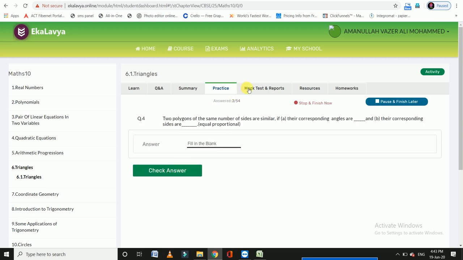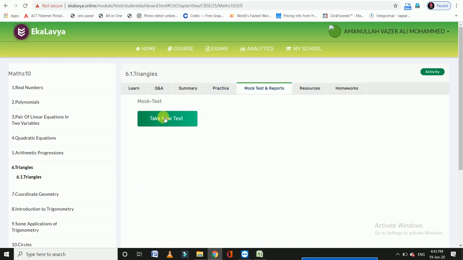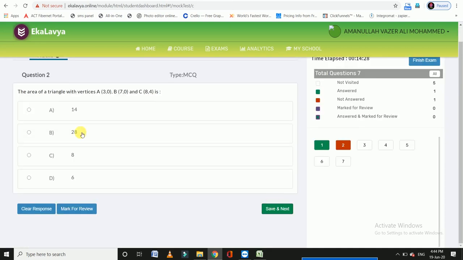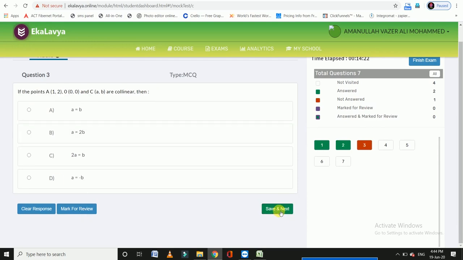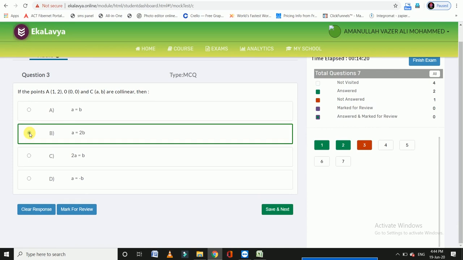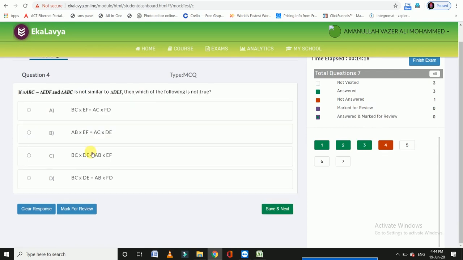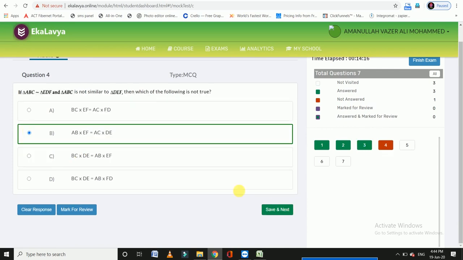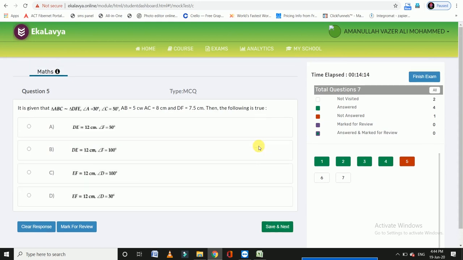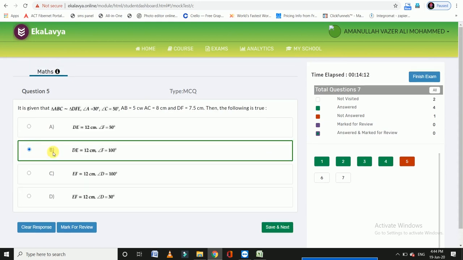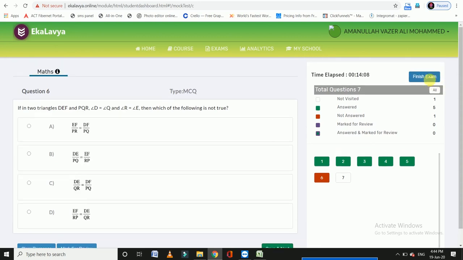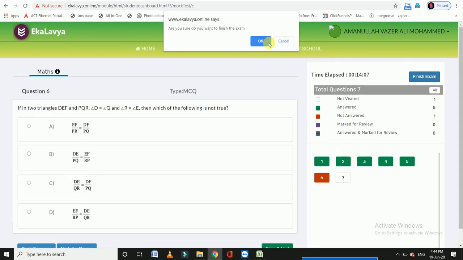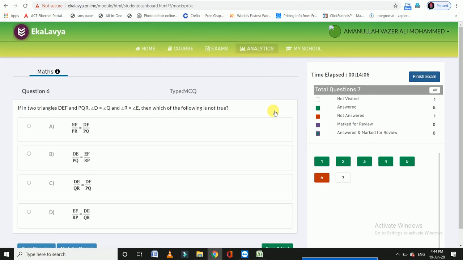And then the student can take the mock test. He can select the options, and then go on to finish the exam. Once the student has finished the exam, immediately the results are displayed,